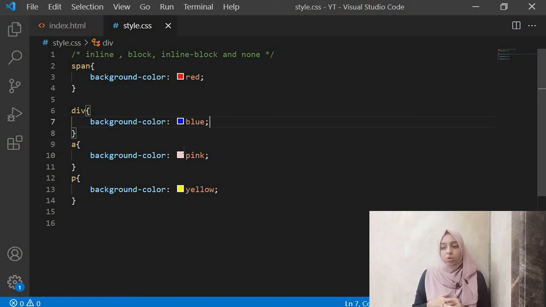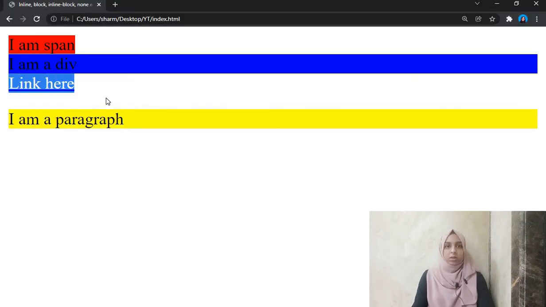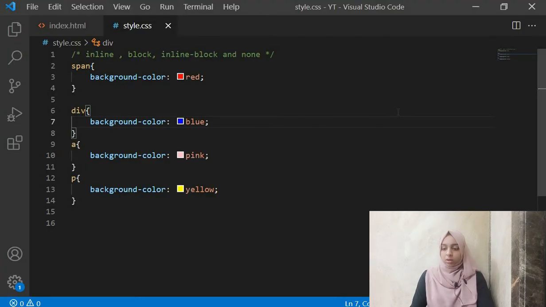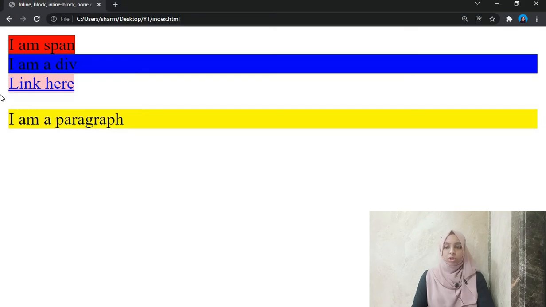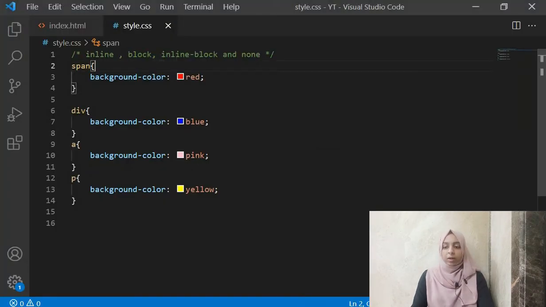For example, the span element over here, and then we have the link element, that is your anchor tag. Can you see the anchor tag also takes only the space that the content requires, not the entire width? So those are your inline elements. Your block elements are those which take up the entire space, for example your div over here or the paragraph. And your inline block elements will act inline, but you can define height and width for them.